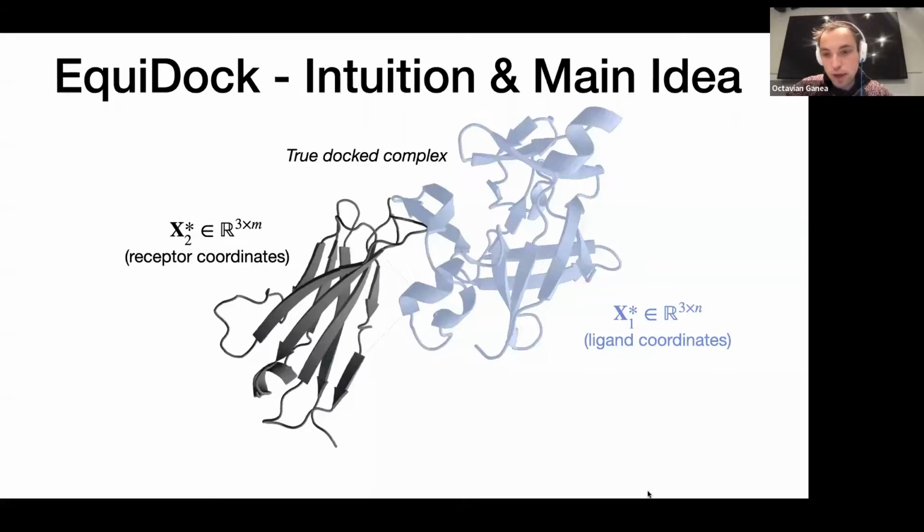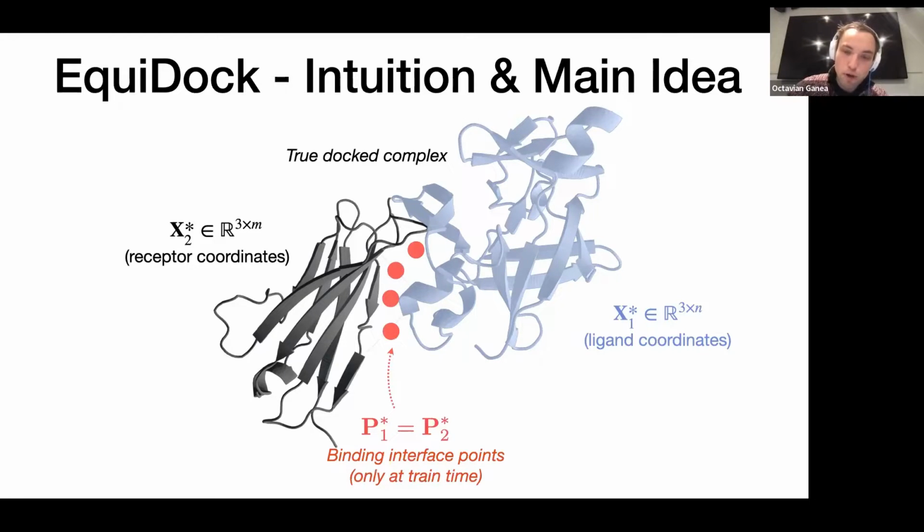So we have receptor and ligand coordinates, which in my case are going to be just coordinates of alpha carbons of each residue, but various other ways to represent 3D coordinates are possible, for instance, taking all atoms of proteins. Once we have such a complex structure, we are going to define the set of so-called binding interface points. These are a set of points that lie at the contact between the two proteins. This can be defined in multiple ways, but the way we define it in our work is to take